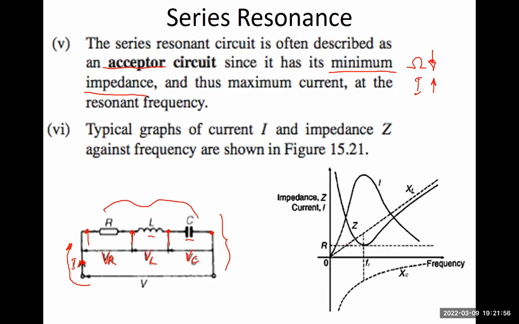So here, makikita nyo rito, di ba? This is now the impedance Z and the current I. So this will now be our impedance Z. So makikita natin dito na as the resistance increases, makikita natin yung I natin is also increasing. So yung ating Z, this is our impedance Z, which is